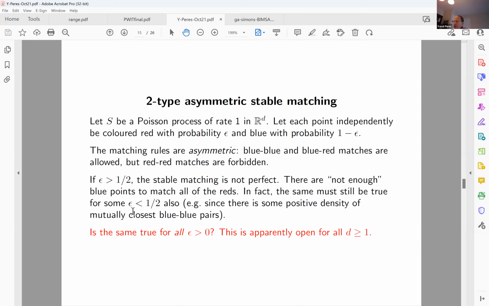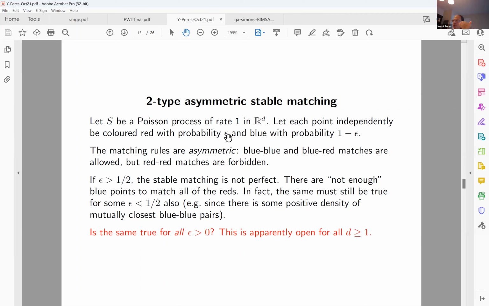So we expect some red points to be left over, because if it was all just bipartite, blue and red, then the density is a half, it's clear. But here, from the perspective of the reds, some blues are lost to matching with other blues,